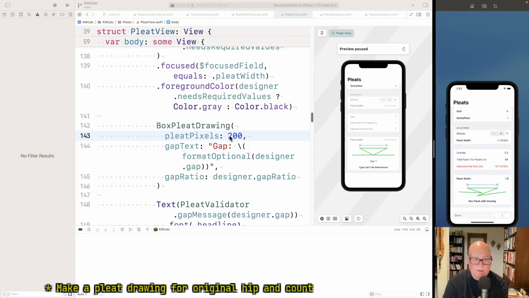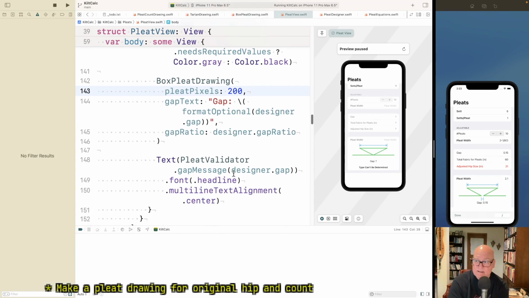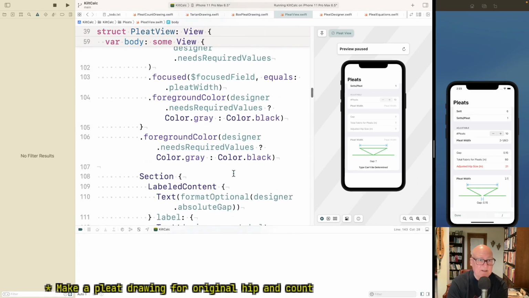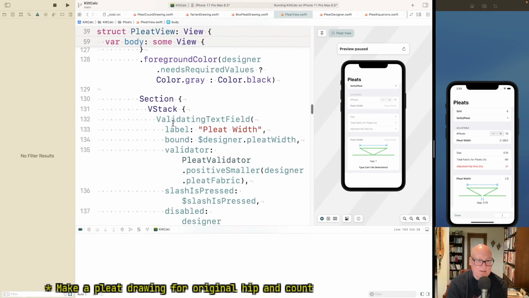Oh, where'd the gap go? Oh, overlap doesn't get one. Gap does. Yeah. Okay, and then somehow it ought to be possible to animate, but all right, I got a couple little things. One, I'm going to call this section the pleat section. Okay, and